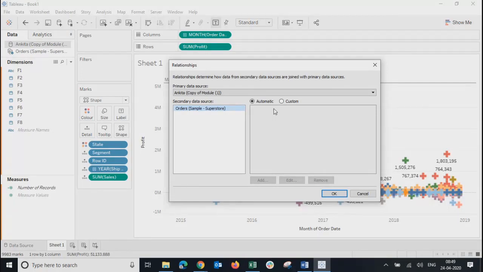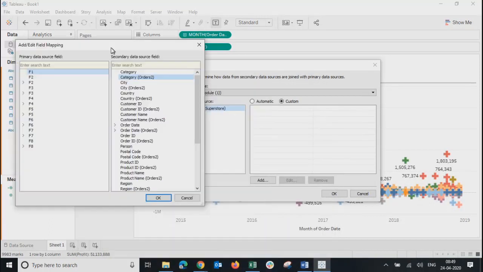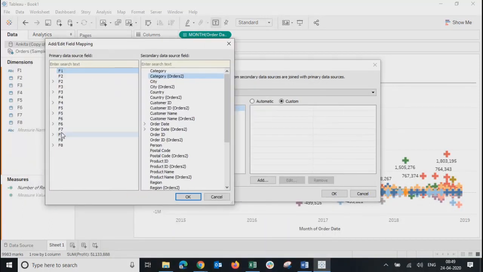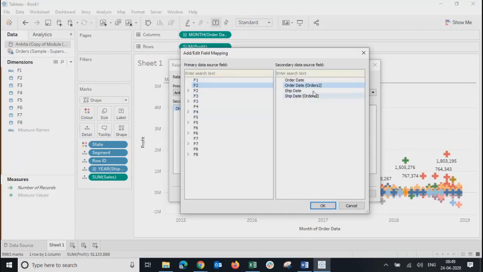So what we will do is go ahead and click the custom one, and in custom you can add these relationships. This is the first data source, this is my second data source. So I can say F1 and category. So we just defined one relationship. I don't know whether the actual data is like that or not. I'm just giving you an example of how you would create a relationship. You can add another level of relationship,